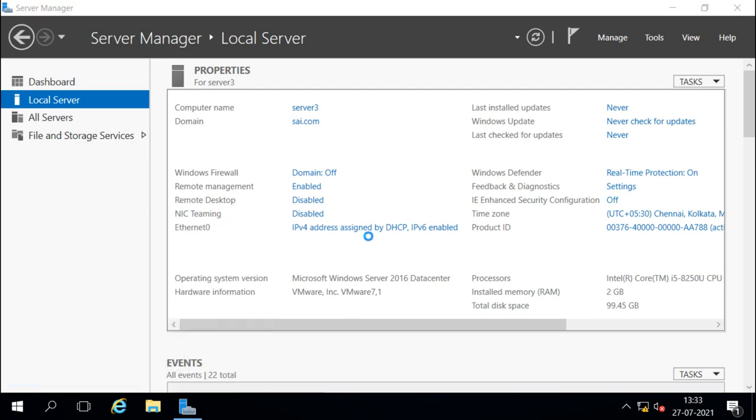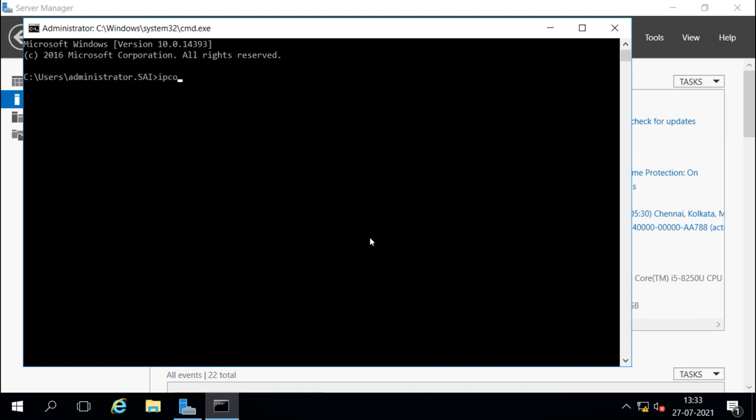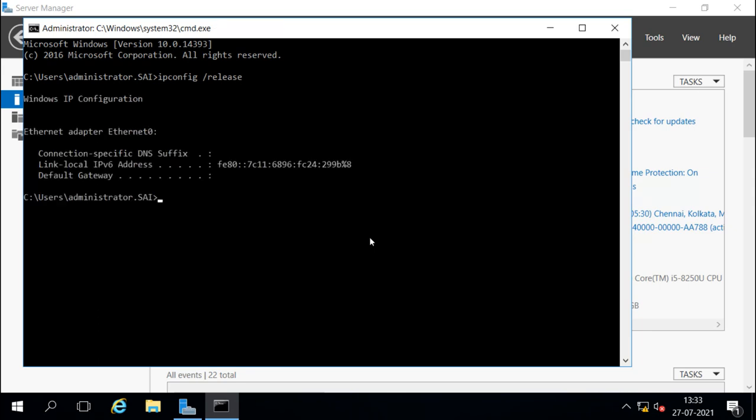We can use the ipconfig /release command. This command will release all the dynamic IP addresses from our interfaces, and then we can do renew, and it will try to renew the IP address.